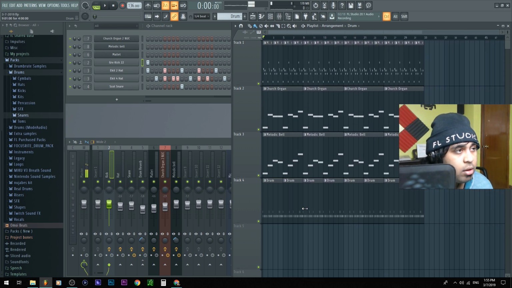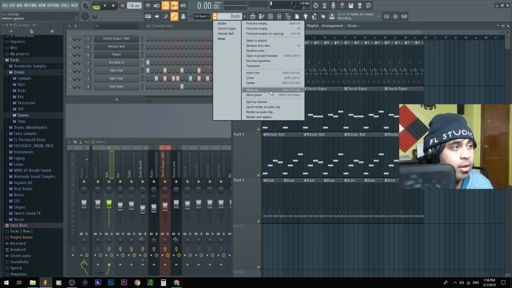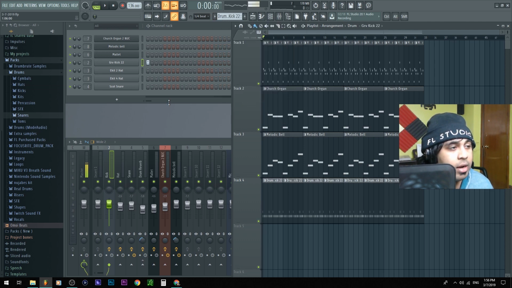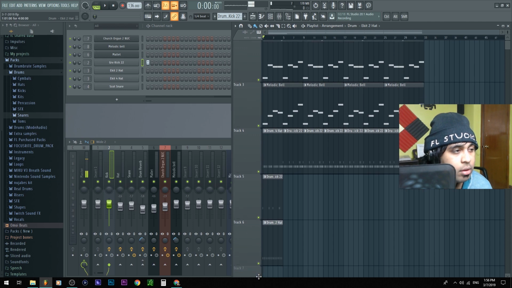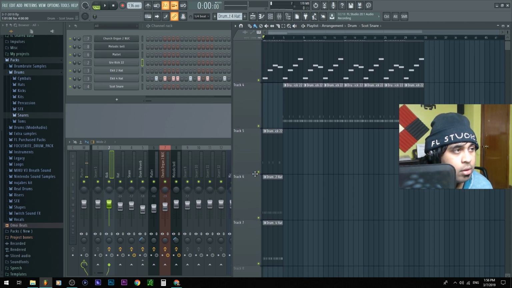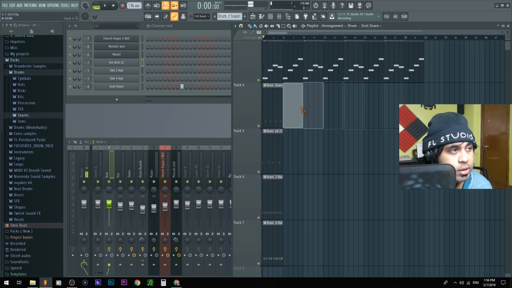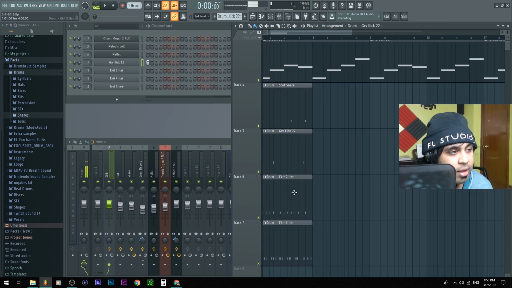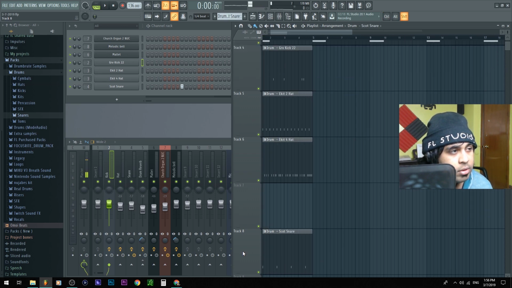We could keep making it unique, and we could split this up, which I'll probably do now. You remember how we made a drum pattern here, but we have a kick, a hat, another hat, and a snare. Maybe you want to make it separate so you could mute some sounds and not others. You could go here, click, go to split by channel, and now we made 4 different patterns here. So if you see here, I'll just delete all this. Now we have the kick, the hat, the other hat, and the snare, which I'll put there.